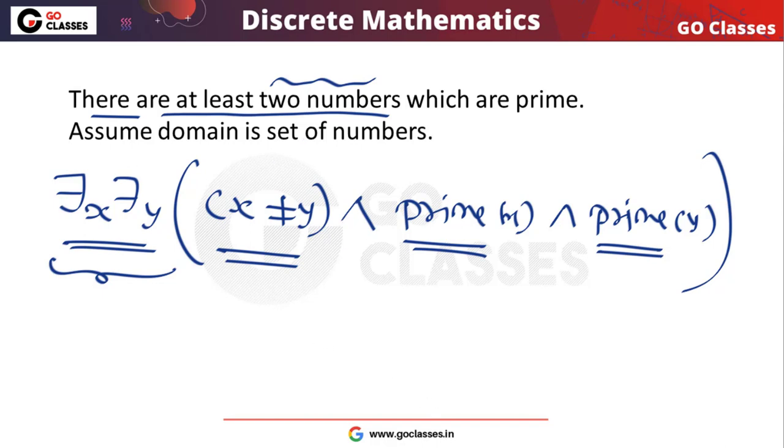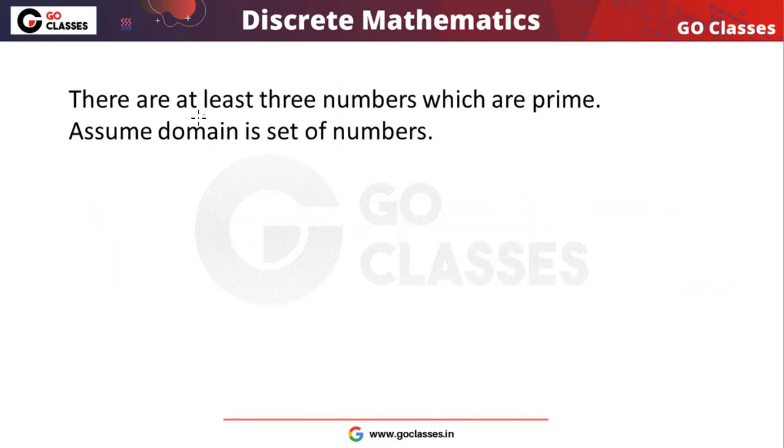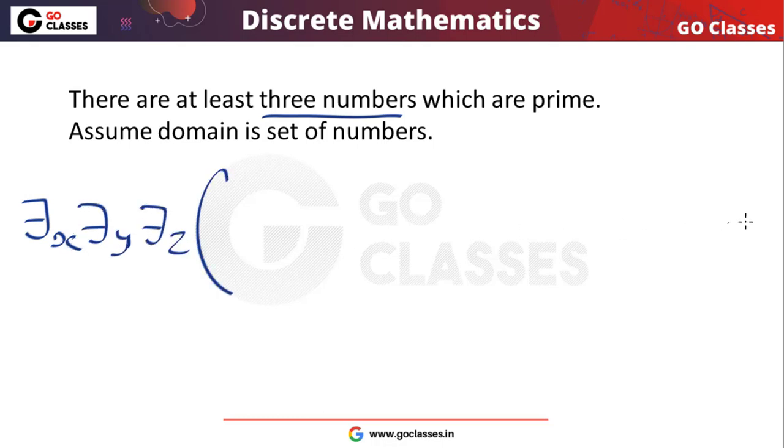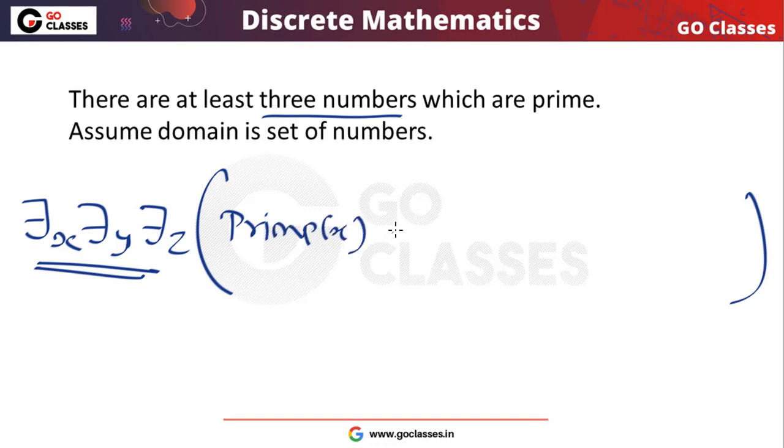Okay, let's see the next example. There are at least three numbers which are prime. At least three numbers we want. So how can I say that? Very simple: there exists x, there exists y, there exists z, such that they are prime. So x, y and z must be prime. So definitely x must be a prime, y must be a prime number, and z must be a prime number,